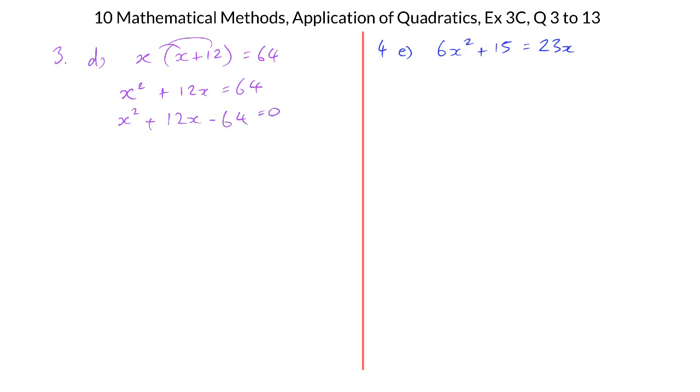Now I have a quadratic in a standard form of ax squared plus bx plus c, and I can solve it. Now, when it's called a monoquadratic, a number 1 in front of the x squared, of course this is our easiest to do. AC is negative 64, 1 times negative 64, and B is 12. Factors of negative 64 that add to give 12. Okay, so I've got to think that through, and I know, okay, 64 is 8 times